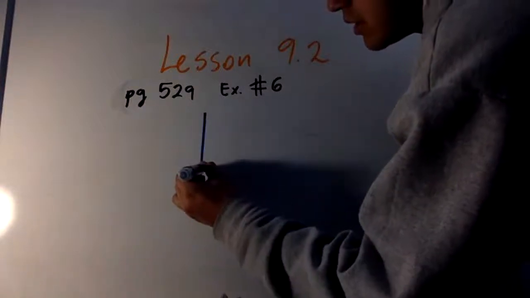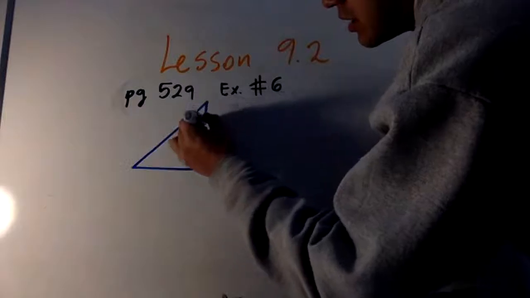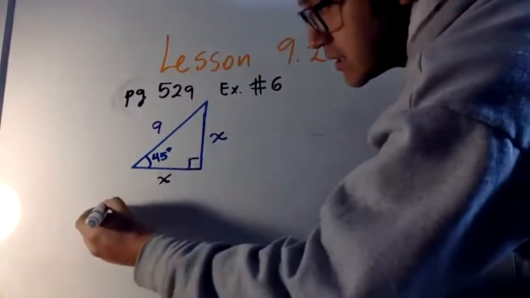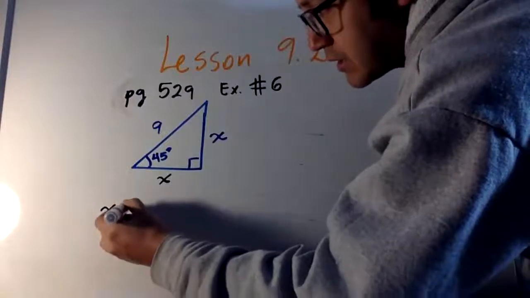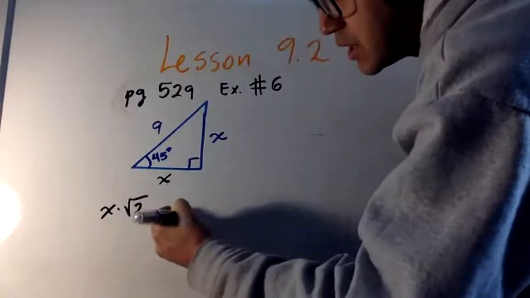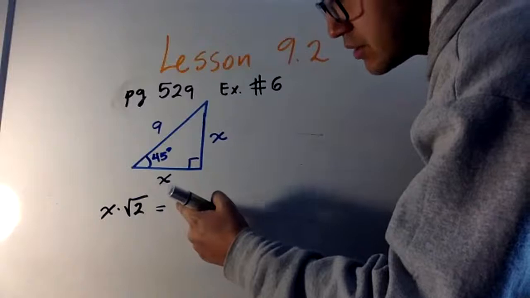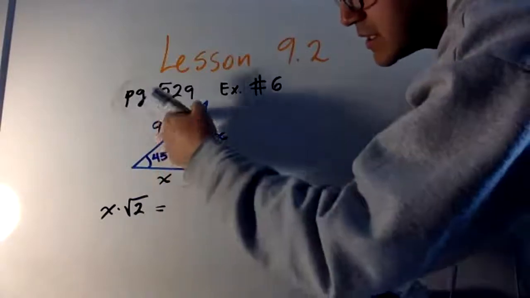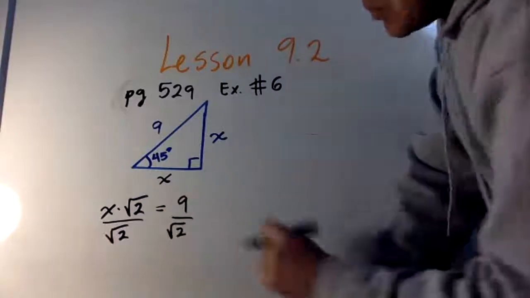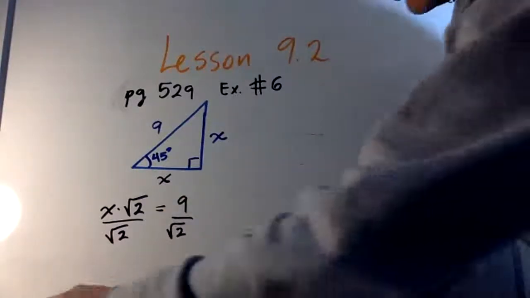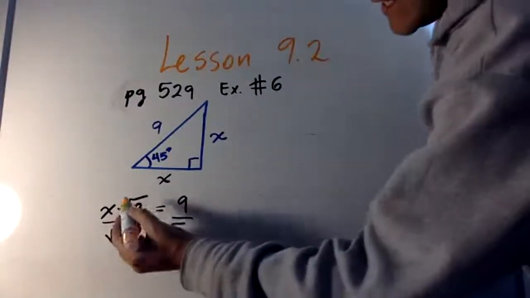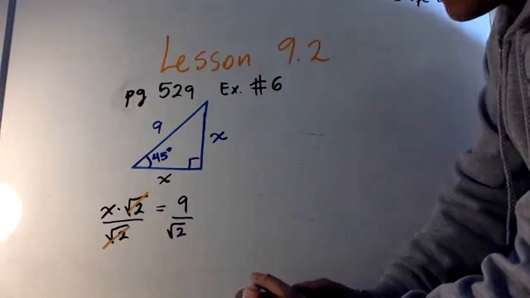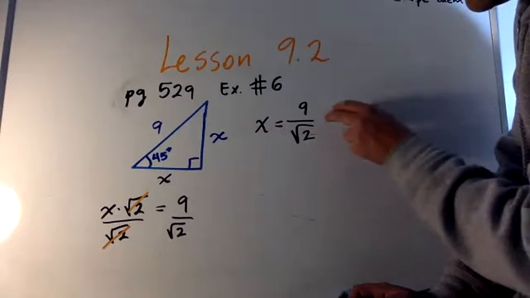When I take this and multiply it by the square root of 2, that is going to be the length of the hypotenuse. So in this case, it happens to be 9, both sides. With this, I can cancel out these ones. So X